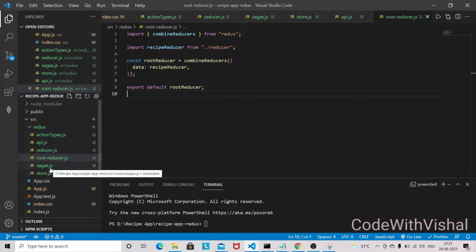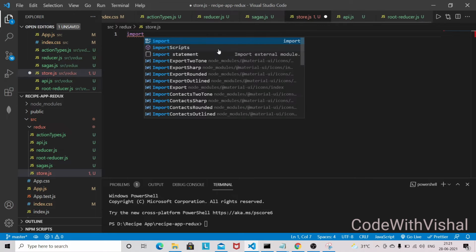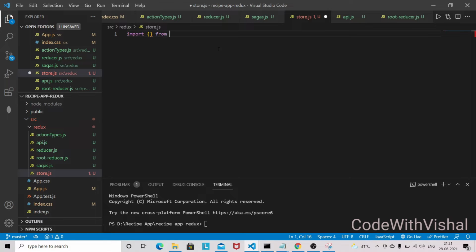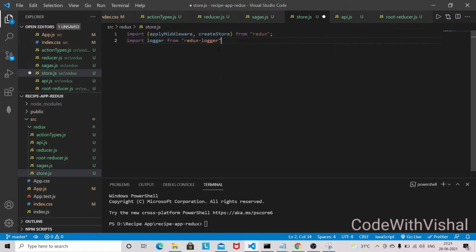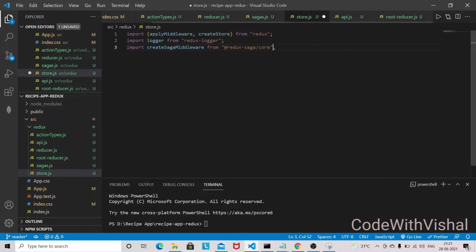Now what you have to do, you have to come to the store, and from Redux we need to import applyMiddleware and createStore. We need logger as well from Redux Logger. We need createSagaMiddleware from Redux Saga. So remove this one.